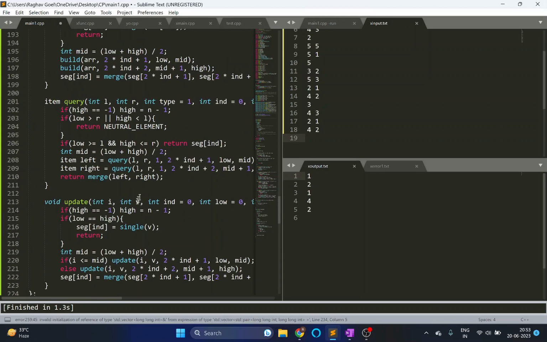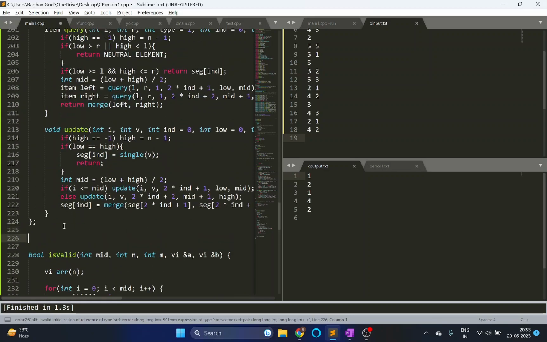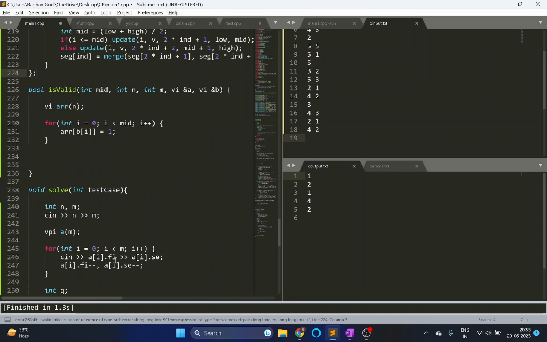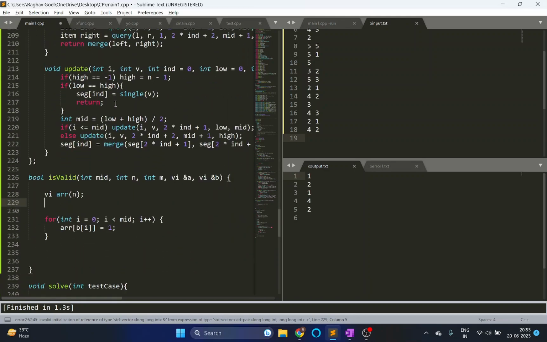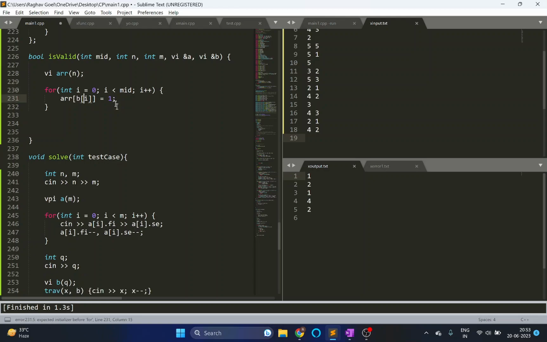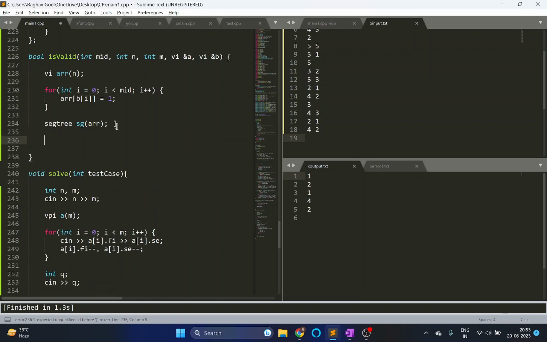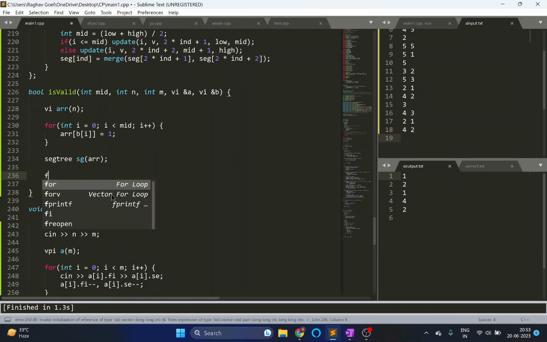Okay, and then you will build a segment tree for this array. What I am thinking of doing is, let's build a segment tree every time. In case it gives a TLE, then we will do something else. We will take the seg tree and build a seg tree here with the array. In my template of seg tree, you just pass the array for which you want to build. And after this, what we will do is